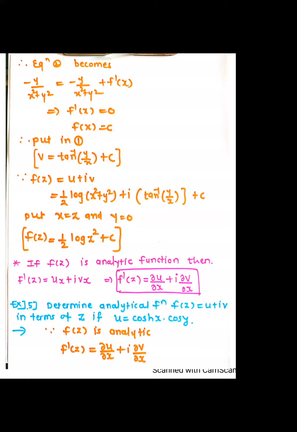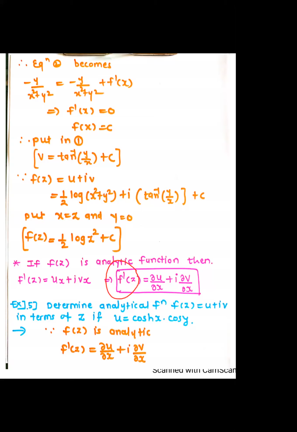So now see, use of this theorem is again to determine the analytic function f of z. Now up to this the question was like u is given, find v, and then f of z ना. आधी आपल्याला v कडे जायचं होतं आणि मग f of z कडे. Now if they ask you to find only f of z, okay, find f of z, so in that case we'll use this theorem. So what we'll do is that we'll find f dash of z.